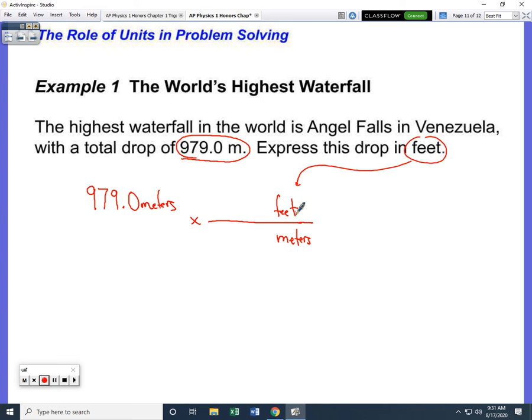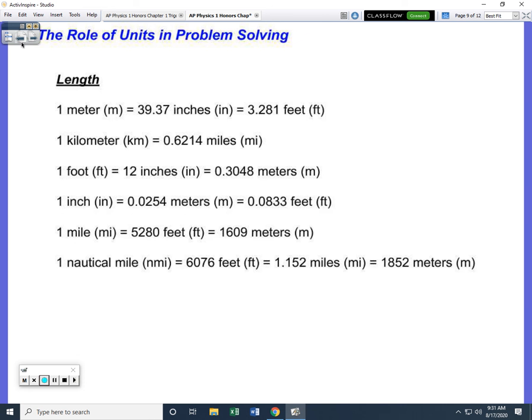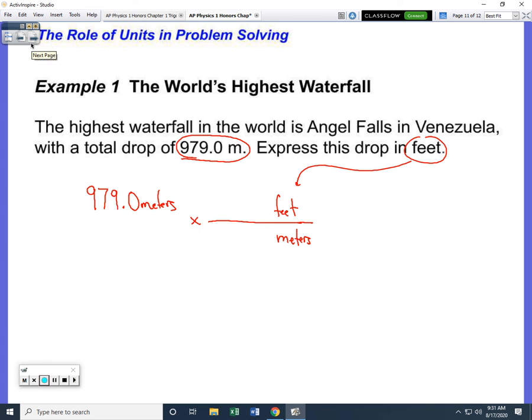Now if you can't do that, at least go to another unit that you can potentially convert from there, and you should be good. If I go back a few slides, I saw there was a conversion: 1 meter is equal to 3.281 feet. So that's one possibility. However, you'll also notice here that 1 foot is 0.3048 meters. It doesn't actually matter as long as you are matching the number with the unit. So you're matching the number with the unit, you should be good. I'm going to use this top one, the 3.281. So there are 3.281 feet in 1 meter.